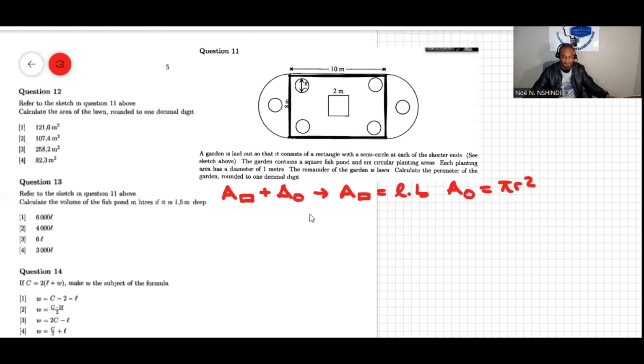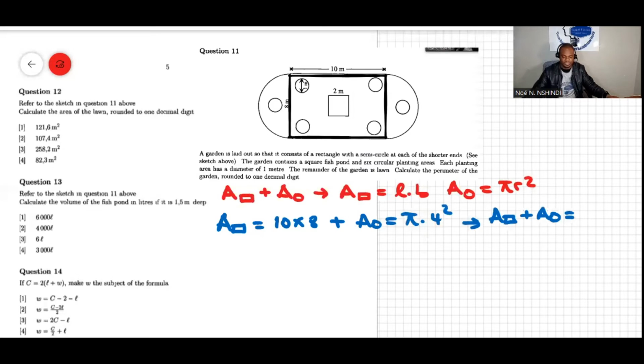It's going to be like the area of the rectangle will be length times breadth, so 10 times 8, plus the area of the circle, which is equal to pi r squared. So pi times r, we did find r in the previous question, it was 4 meters, so 4 squared. So adding these two, the area of the rectangle plus the area of the circle, it will be equal to,